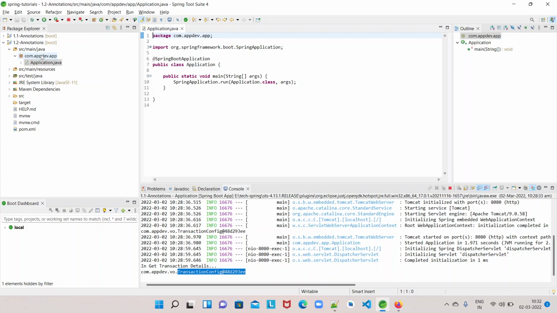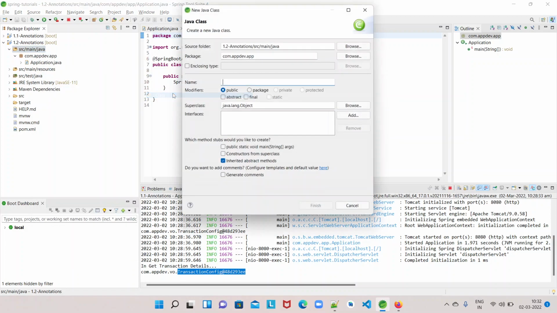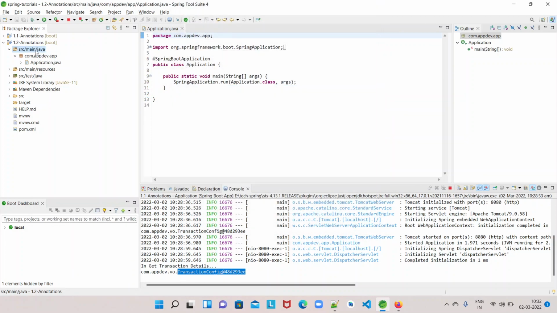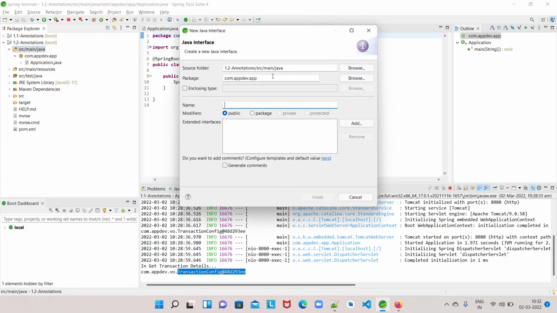All those come under the transactions, right? So I'm going to create one interface, that is just a transaction.